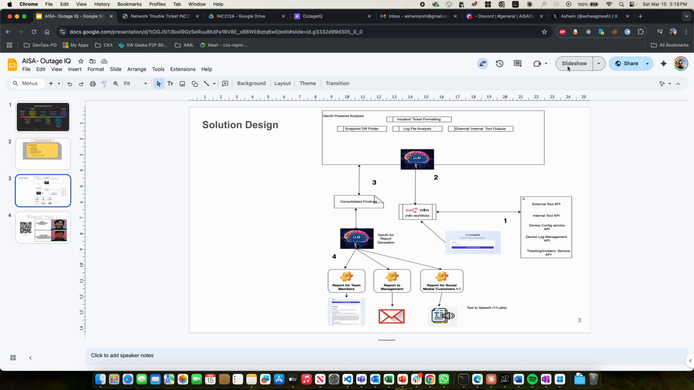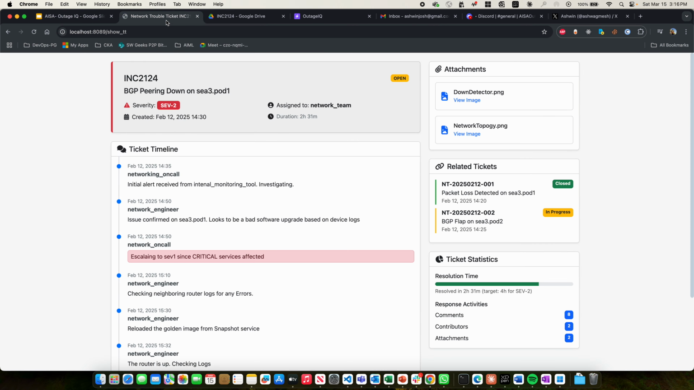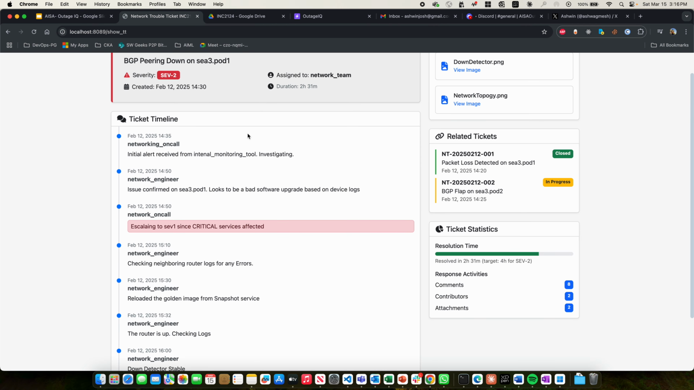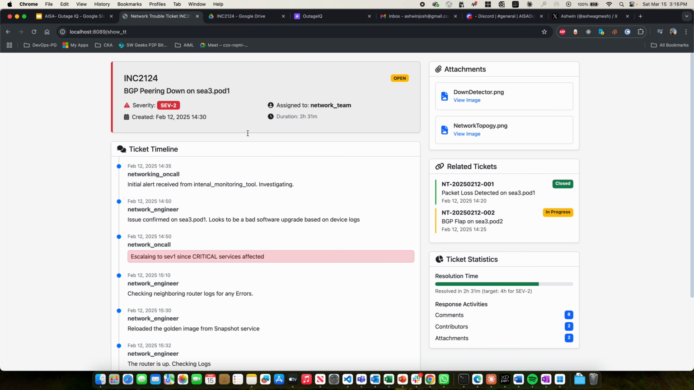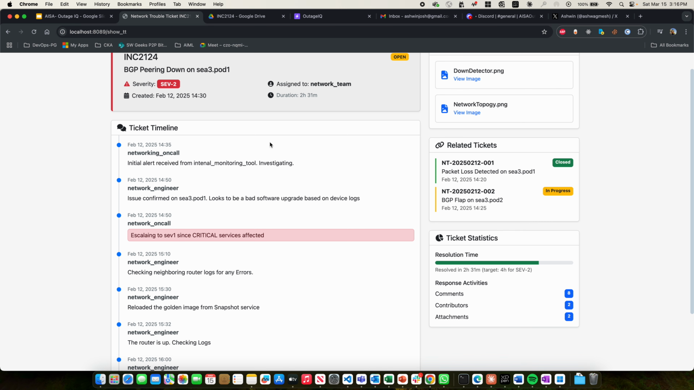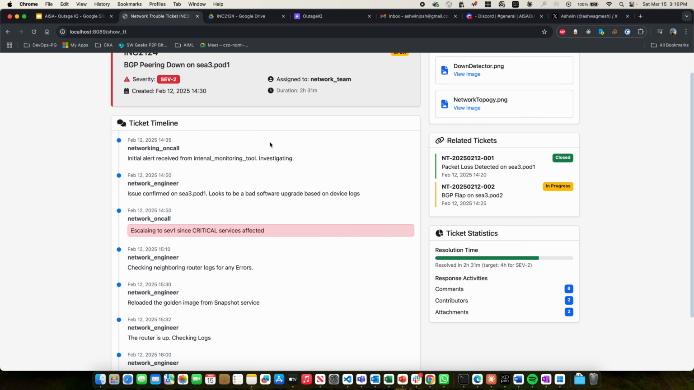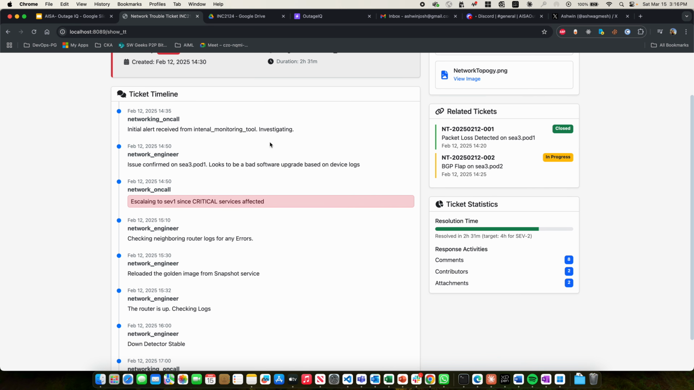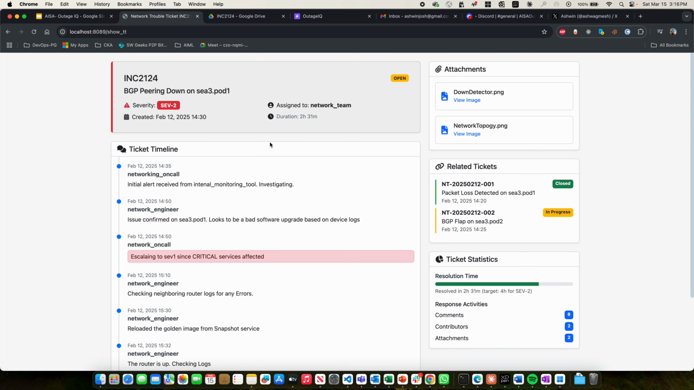Before going to the solution design of my project, this is how a trouble ticket looks in a company. Trouble ticket, or call it an incident as some companies call it. This is where the whole outage is tracked. This is kind of a living document of what all happened during an outage. Once this is finished,